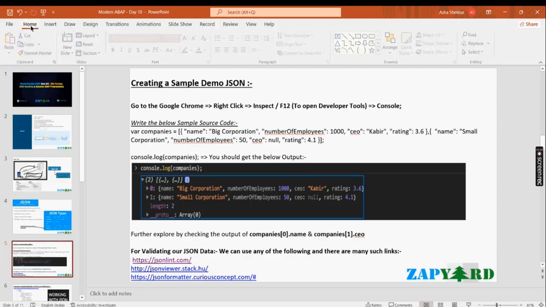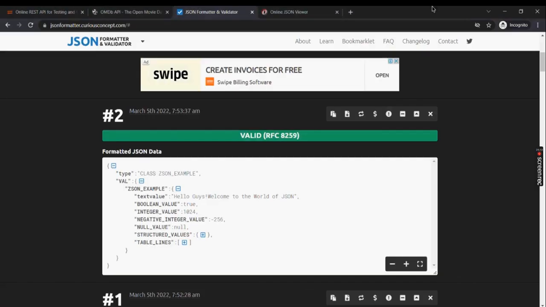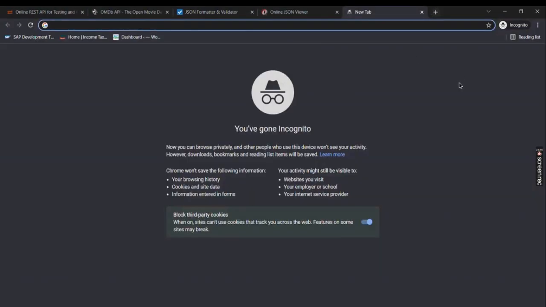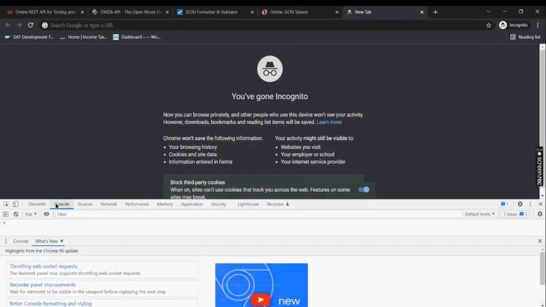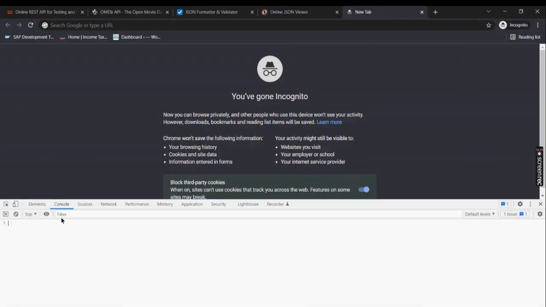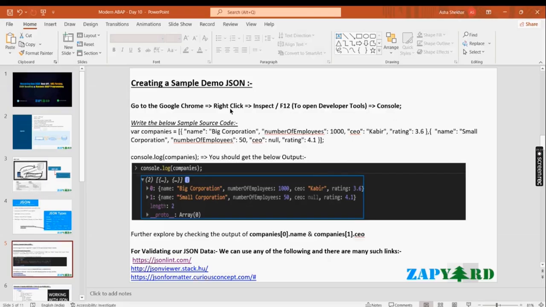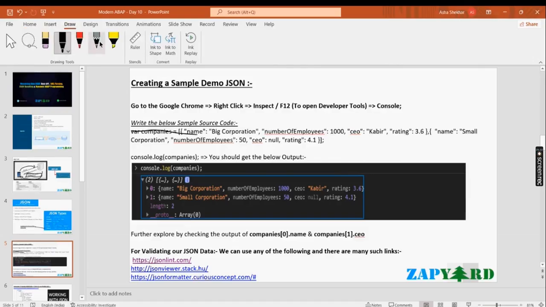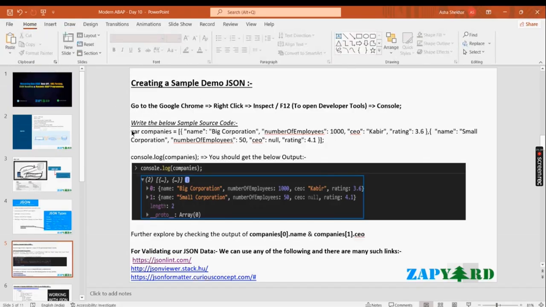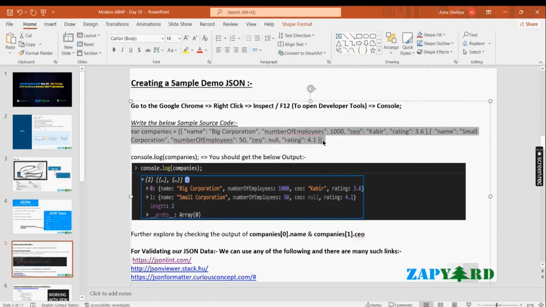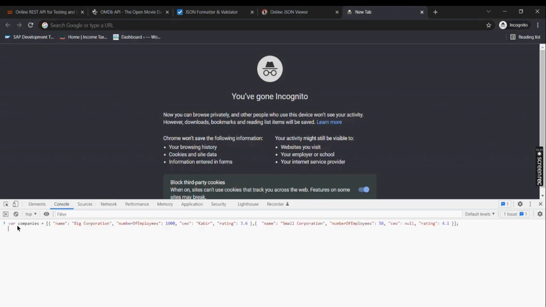Similarly, even in your Chrome browser you can go ahead and create JSON data. How? If you go to the developer tools, go to the console, clear the console. So let me just close this. If you use this console, for example, if you just write this below line of code, and put this here,